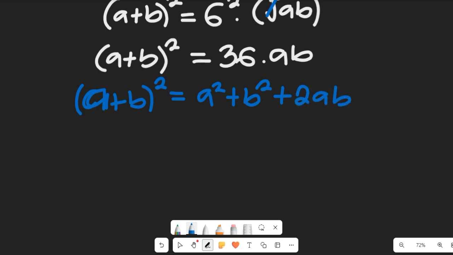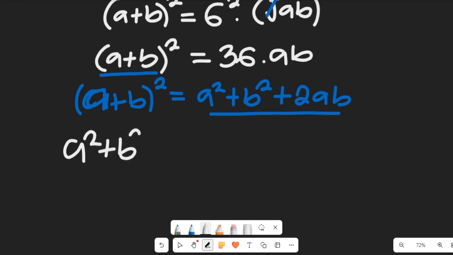So that means this whole expression can be expressed as this. That expression will now give us a square plus b square plus 2ab, and this will be equal to